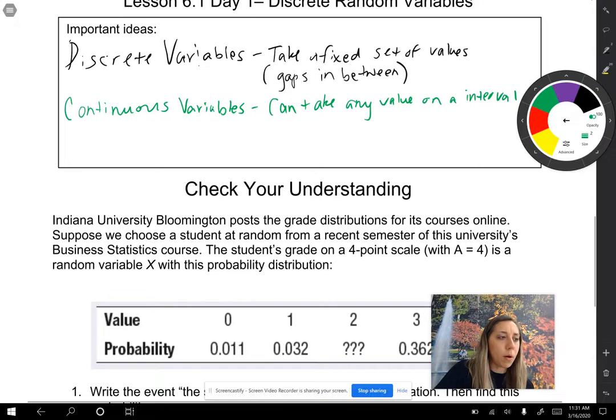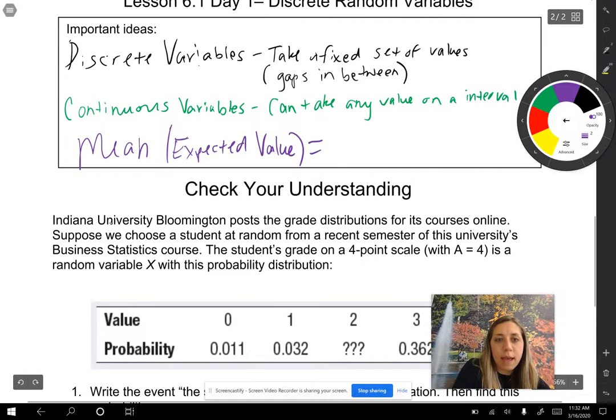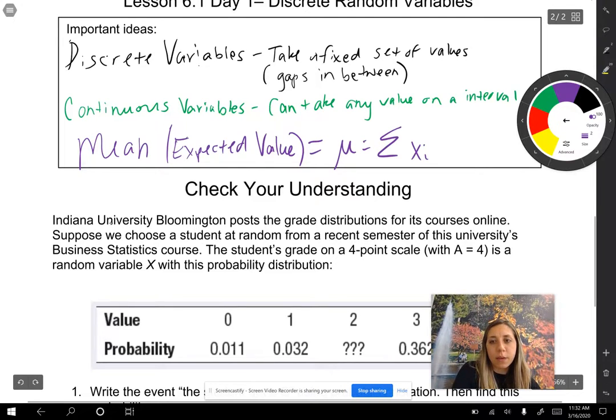The most important part of this lesson is actually finding mean or expected value. So let me write that formula down again. And once again, that is on your formula sheet, and that's the sum of all your x values times